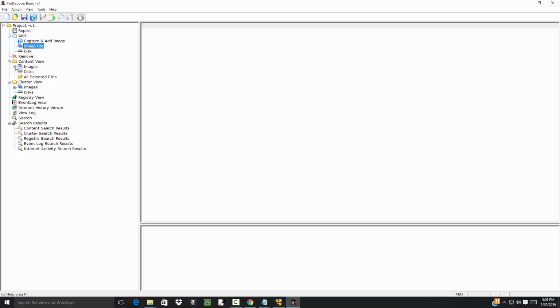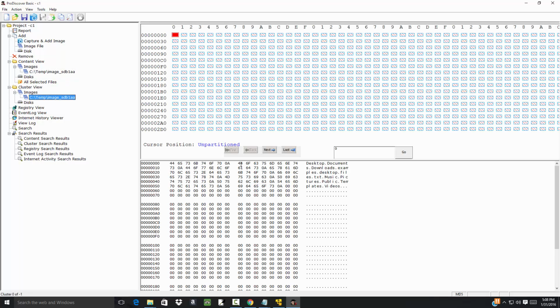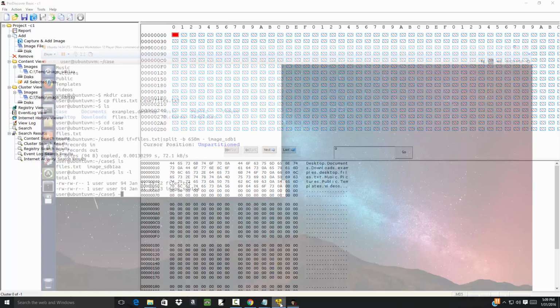Now this isn't going to be very exciting, but if I go to Content View and Cluster View. Content View, I don't believe will show you anything. No, it doesn't. But if I come over to Cluster View, if I click this, then you're going to see something that looks familiar. Desktop, documents, downloads, examples, desktop, files.txt, music. If I come over to my virtual machine,